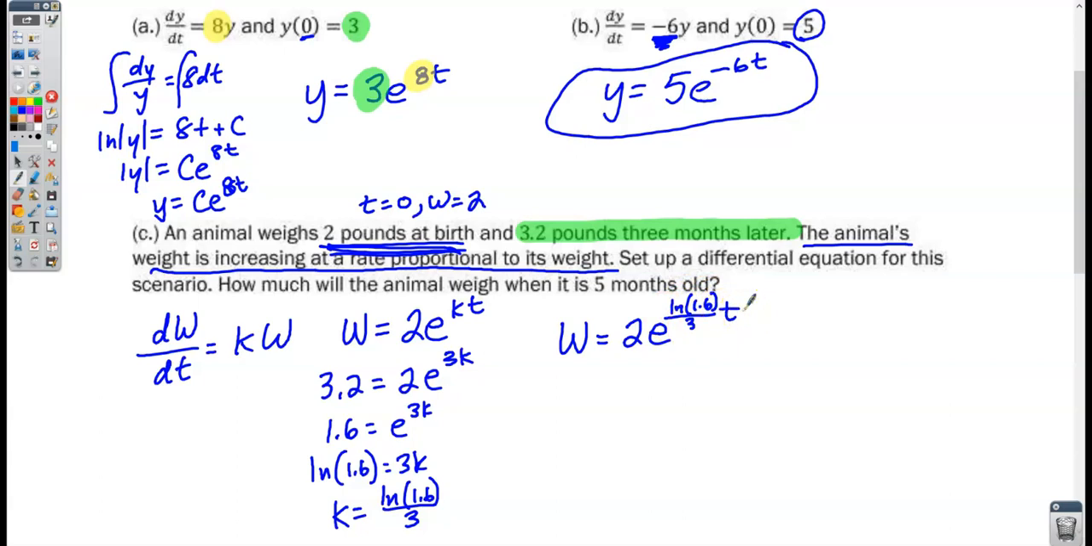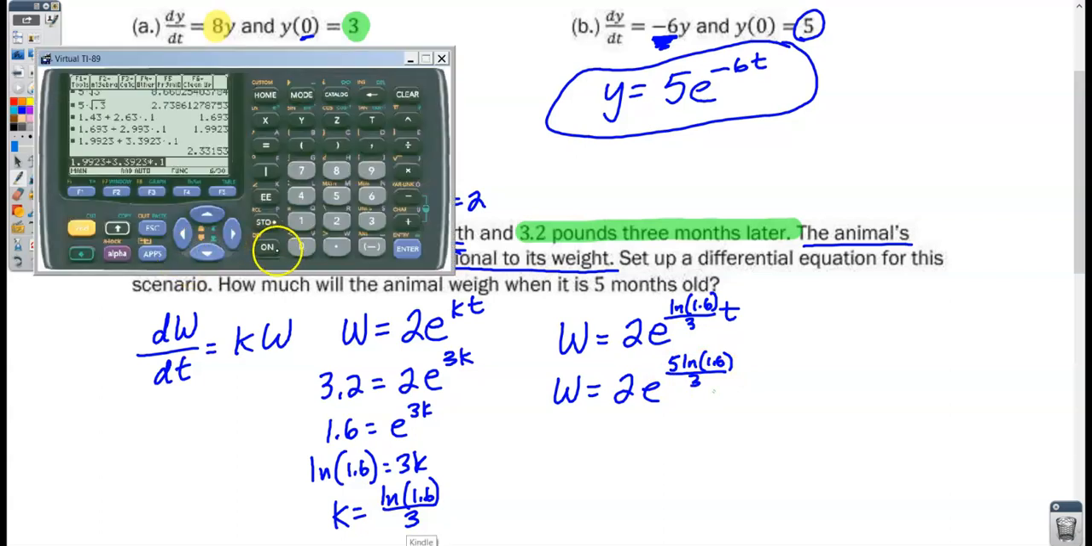There was my differential equation. Here's my actual function. Now, how much does the animal weigh when it's 5 months old? We're going to put 5 in here for time. And this turns into this. If you don't like that as a value, you can always go and